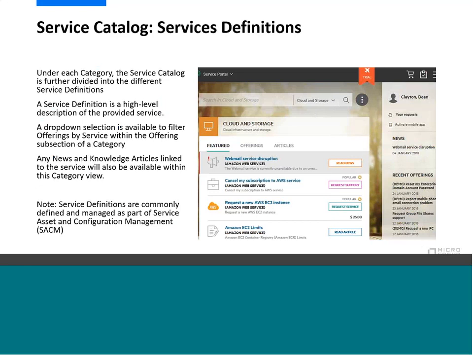Obviously, we're not going to talk about knowledge management today. We'll save that for another session. But in regards to those offerings, if we click on the offering section in the portal, you'll get a drop-down list of those various services for you to then subcategorize and look if you wanted to browse. You'll also notice that